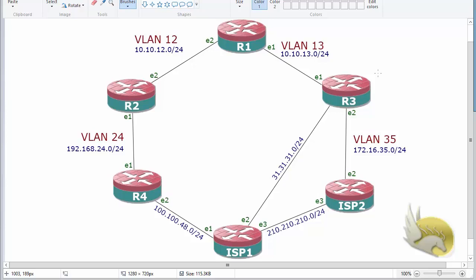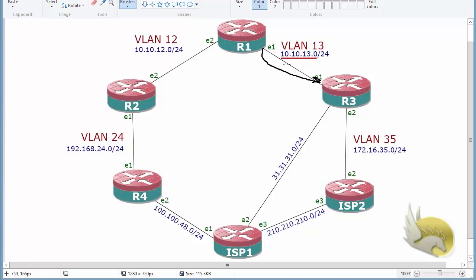In this section, I want to show you how you can configure static routes, and this is the easiest way to configure routing on your network. Assuming that I am issuing a ping from router 1's Ethernet 1 to router 3's Ethernet 1, this ping is going to be successful because they know that 10.10.13 is directly connected to them, and they can easily receive and send traffic on this link, and because these two are connected to this link, they can hear